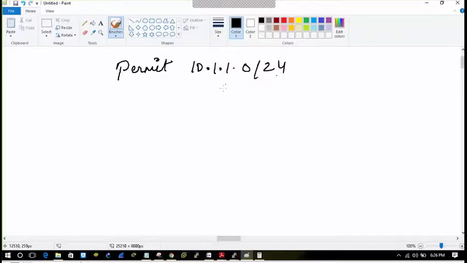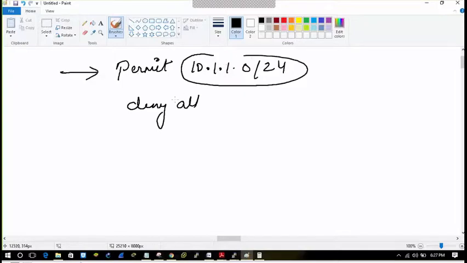Are you getting it, Saru? Yeah. And then here is deny all. So only a packet matching this will be permitted, and the rest will be denied by the implicit invisible deny statement.